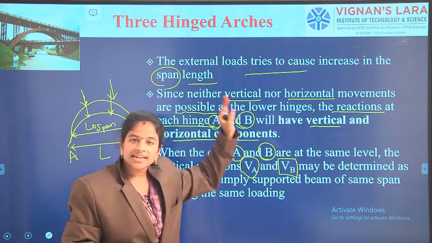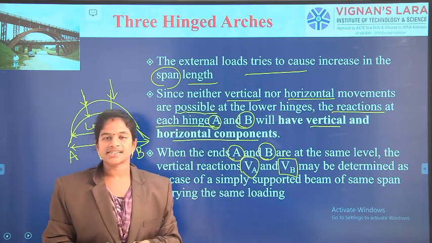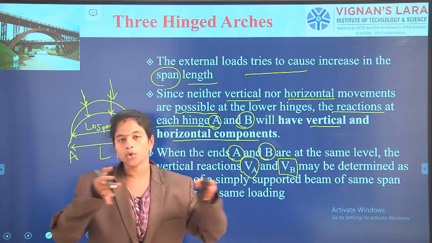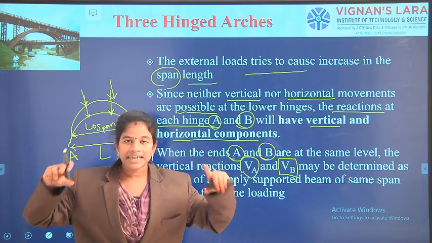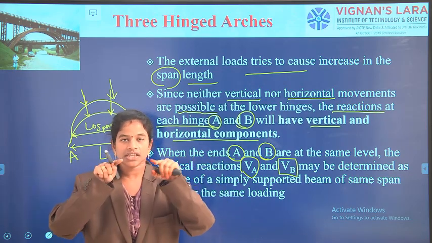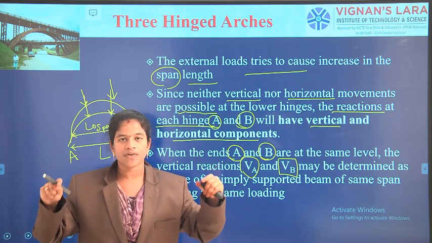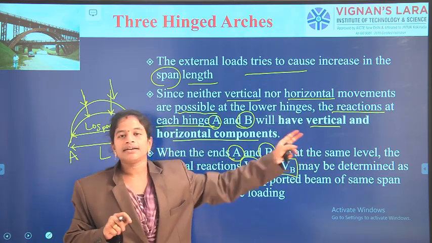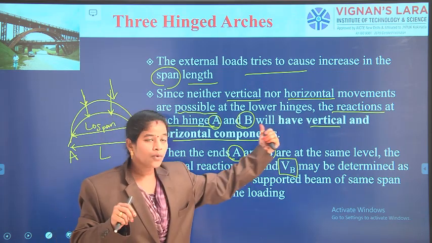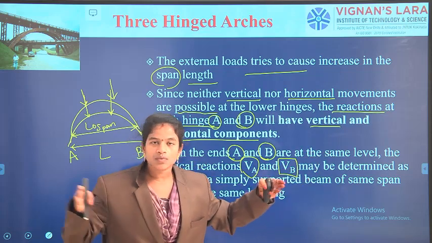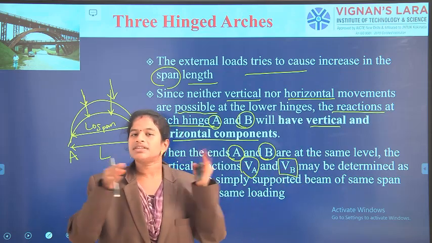As our structure has these reactions, we are stopping the structure from moving away, and the hinge is stopping it from going down as well. So the position is fixed. There is no horizontal and no vertical movement. That's why we have reactions at the two supports. The reactions are produced because we are stopping the movement. If we leave it, there is no reaction.